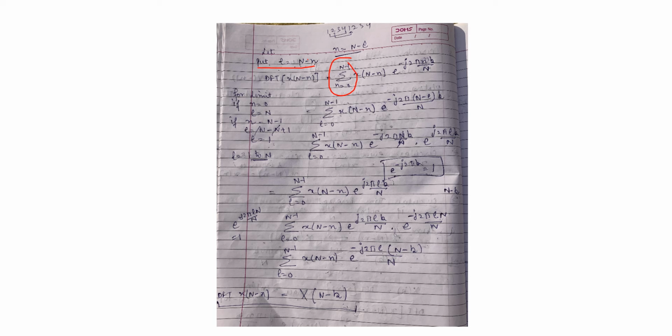When n is equal to 0, for the limit, L is equal to N. The range of L is equal to N. If n is equal to capital N minus 1, then the range of L is equal to 1. Means if we want to replace this n in terms of L, the range will be 1 to N.